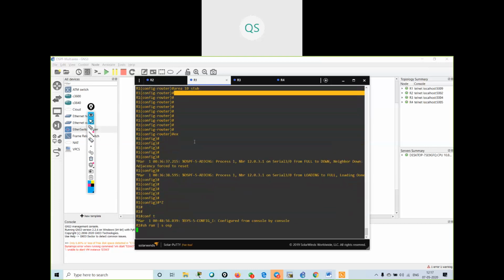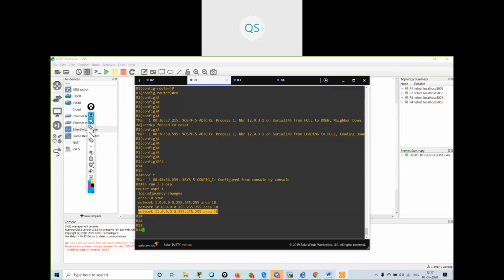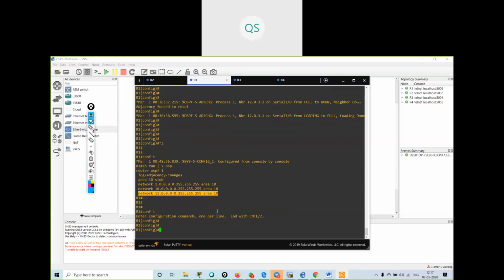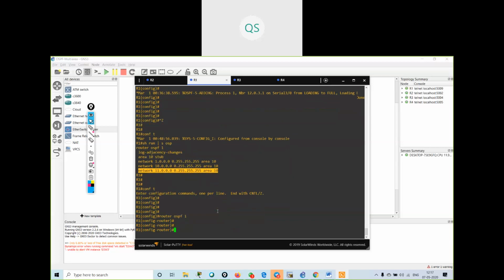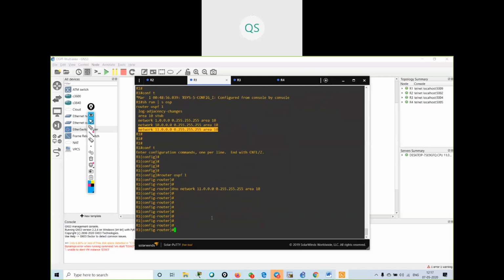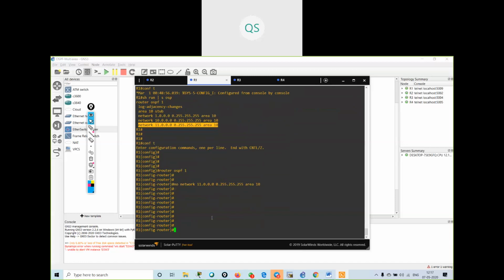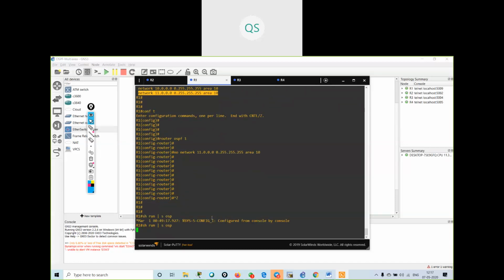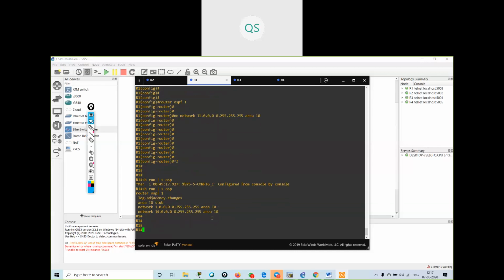I will see 11.network. To remove this network from OSPF, I will say no network 11.network. Okay, I've removed 11.network from OSPF. I can verify I'm not having 11.network, I'm only having 10 and 1.network.